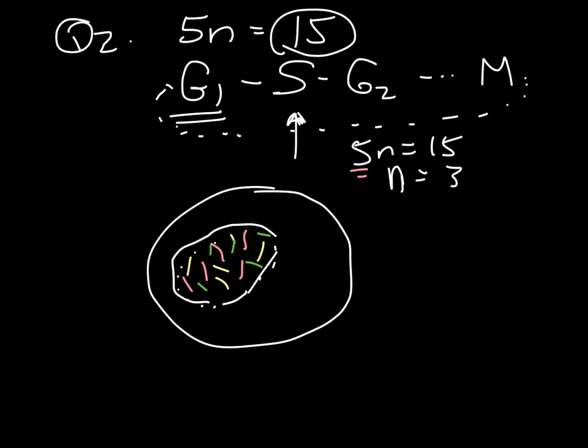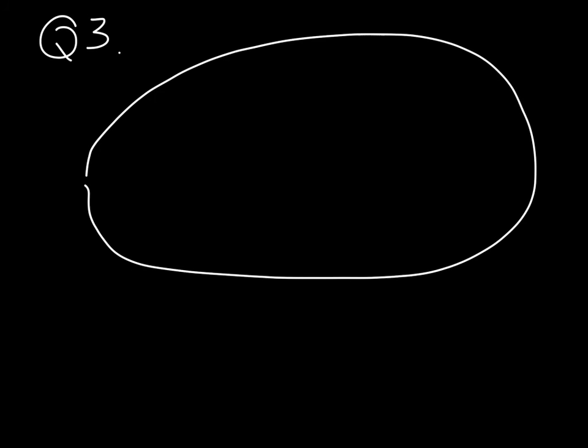Let's do another question. Question 3. Right, let's do a question where I give you a picture, and you're going to tell me what's happening. So if I draw a picture, and here's a cell, and we have our centrosomes, and